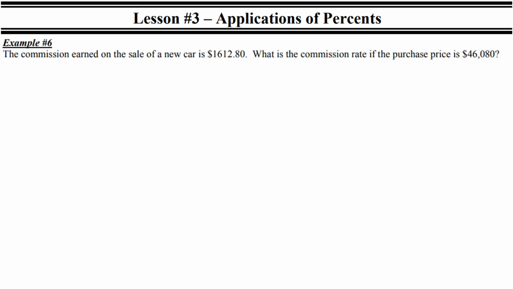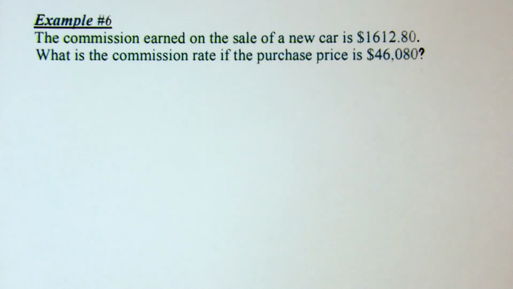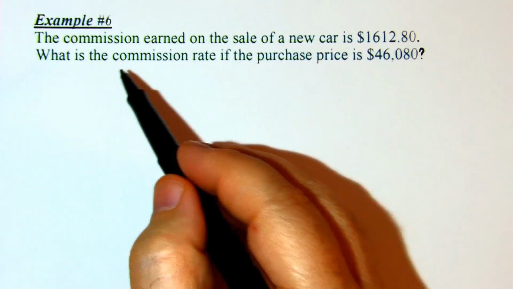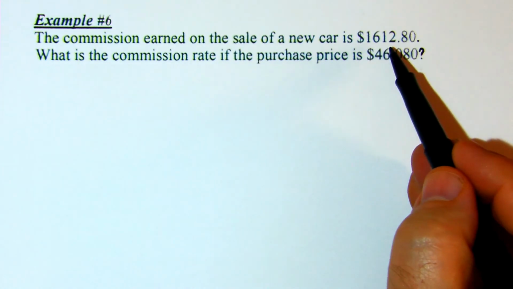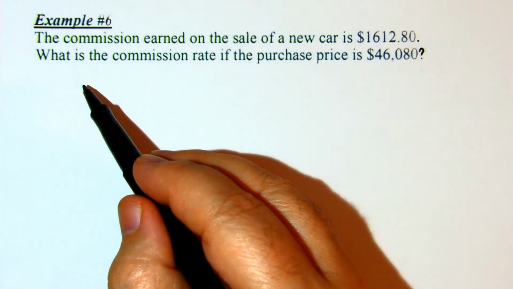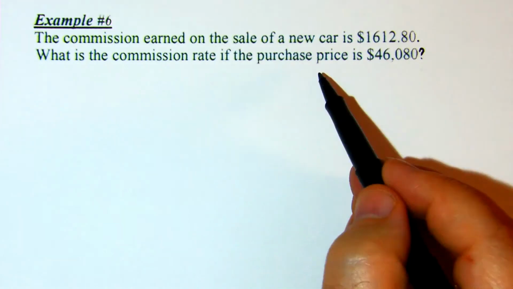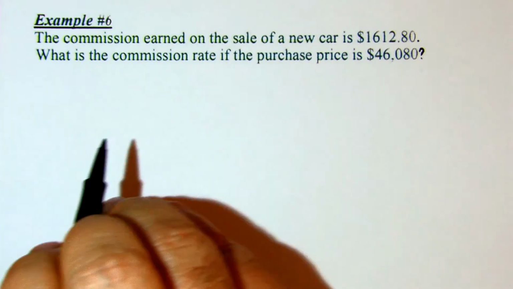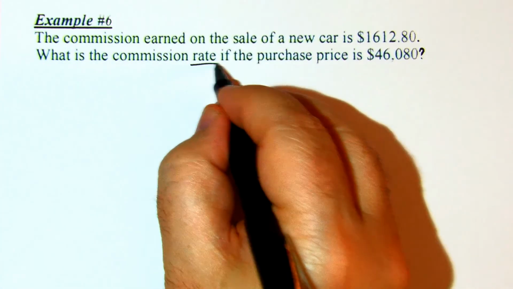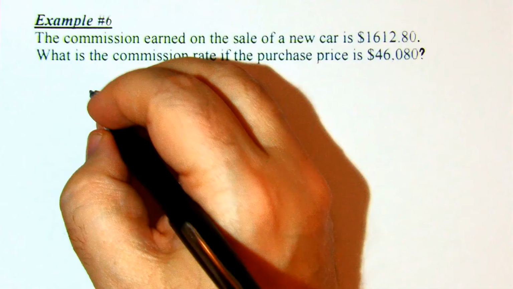For our next example, example number 6. The commission earned on the sale of a new car is $1,612.80. What is the commission rate if the purchase price is $46,080? Well, we're looking for the commission rate, which is our percent, and we know that